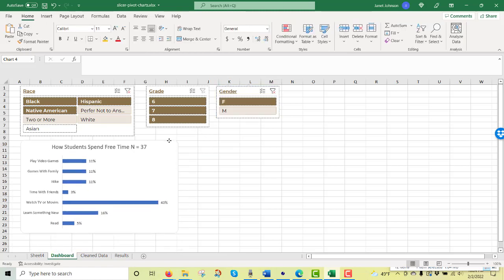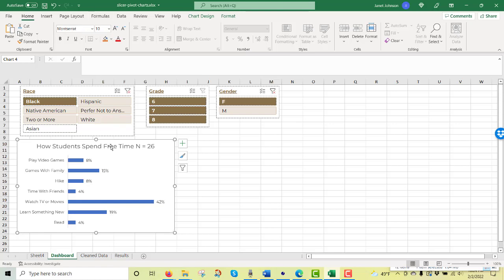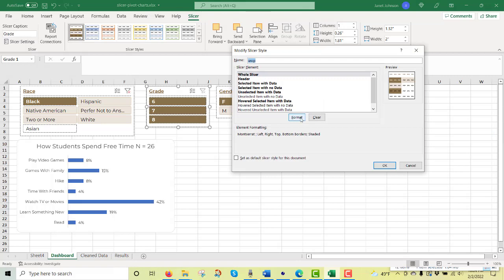And now we want the chart to match. I think that font is Montserrat. So let's change the font to match. It's out of their branding kit, how they want it to look. So we'll change that. And now let's change those blue bars. I have to go get the color. Right click on it so you can get to the modifications. And now I just need to find the color. Okay, choose something there,